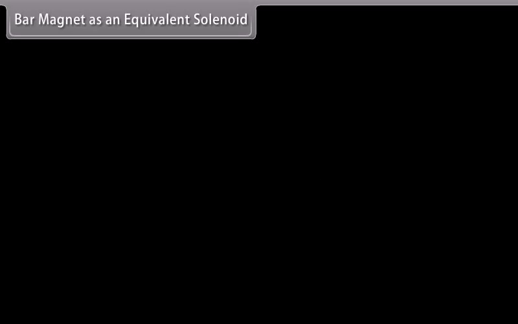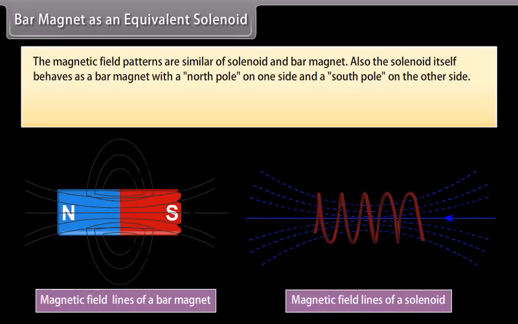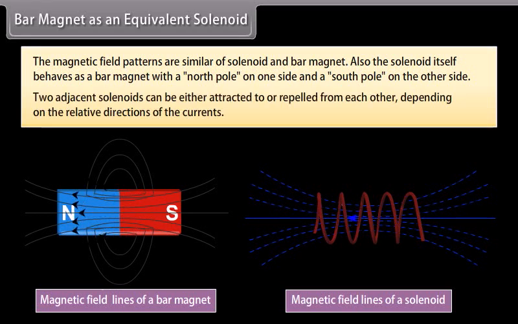Bar magnet as an equivalent solenoid. The magnetic field patterns of a solenoid and a bar magnet are similar. Also, the solenoid itself behaves as a bar magnet with the north pole on one side and the south pole on the other side. Two adjacent solenoids can be either attracted to or repelled from each other, depending on the relative